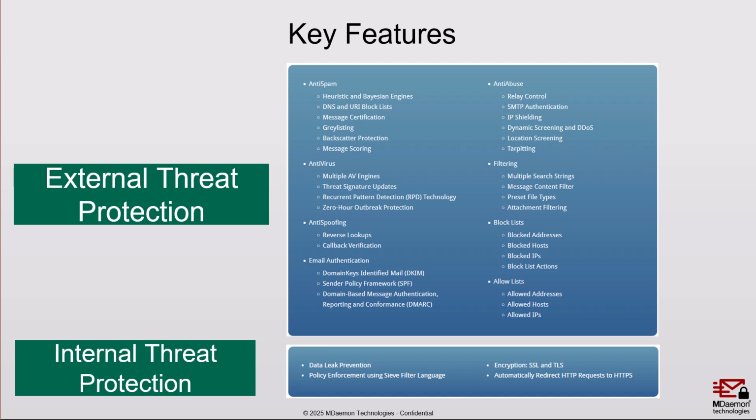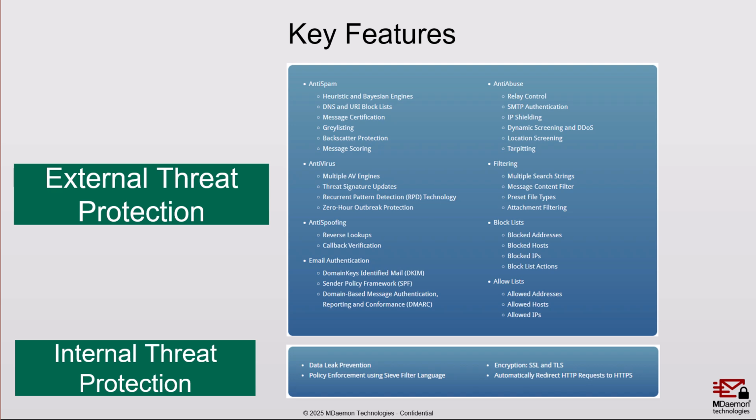When protecting from external threats, Security Gateway uses a variety of anti-spam, antivirus, anti-abuse, and anti-spoofing features, all the features that you see listed here. So for example, here is Spam filtering and Bayesian, DNS and URI block lists, gray listing, backscatter protection, message scoring. Security Gateway includes two antivirus engines, Icarus and ClamAV, as well as zero-hour outbreak protection, anti-spoofing features like reverse lookups, callback verification, and email authentication features such as DKIM, SPF, and DMARC, anti-abuse features, relay controls, IP shielding, which